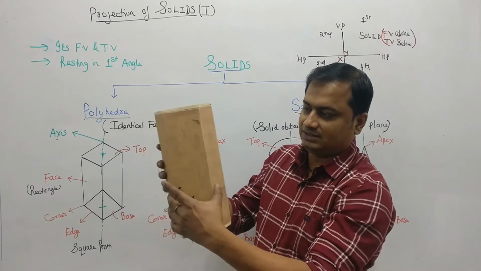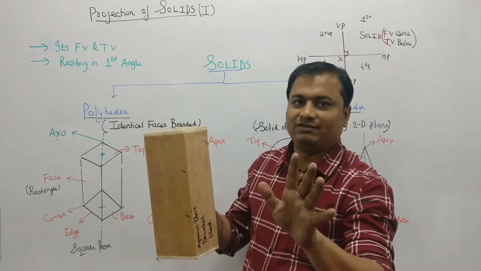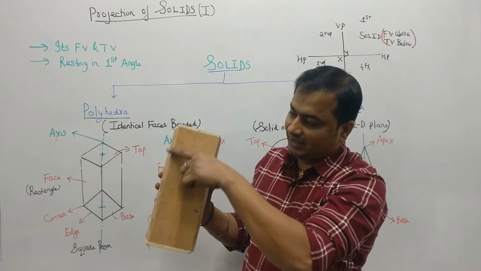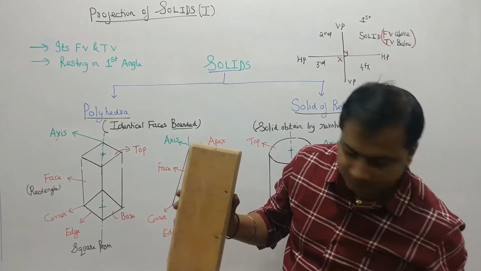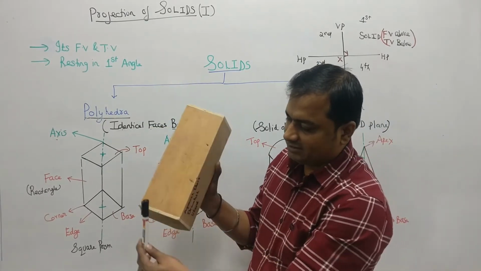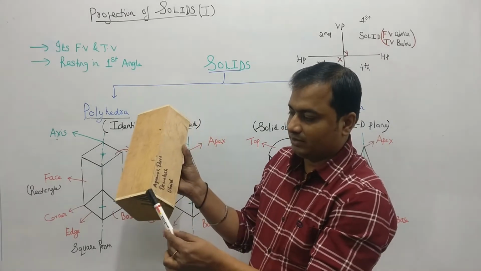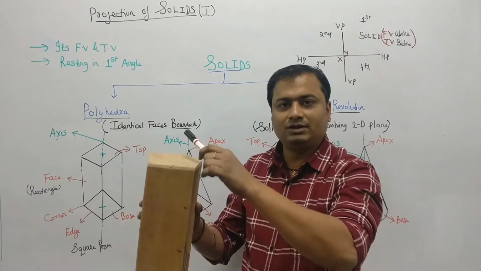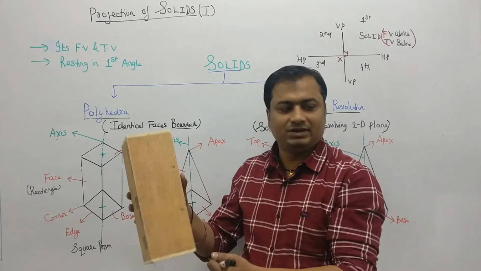Face, you can see here, this is the face. So the number of faces will be 5 here, and this face is a rectangle, right? This is the edge, this is my longer edge, this is my smaller edge, and this is the corner of the prism. So this is called a pentagonal prism, which depends on the top and base structure.